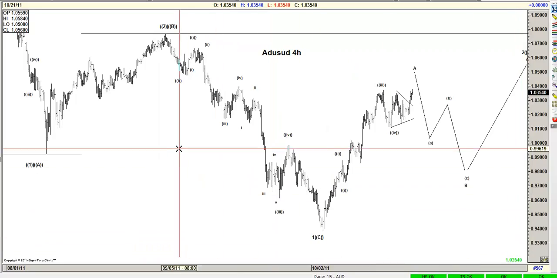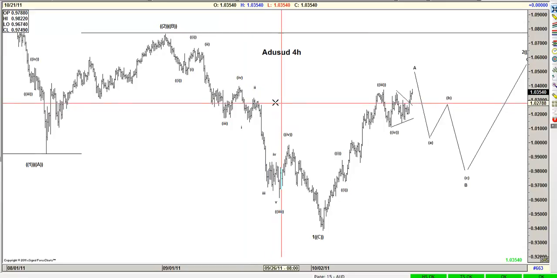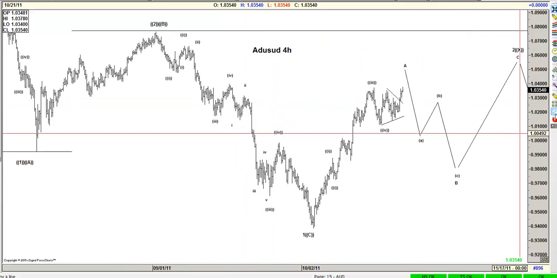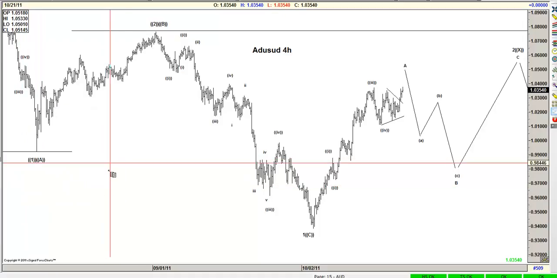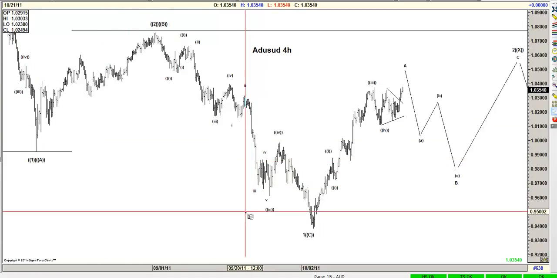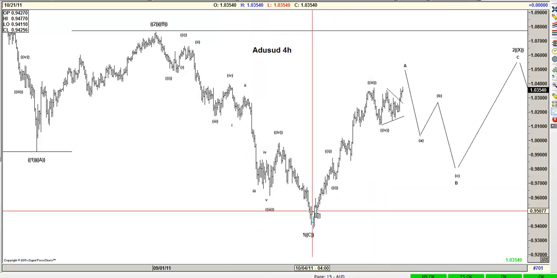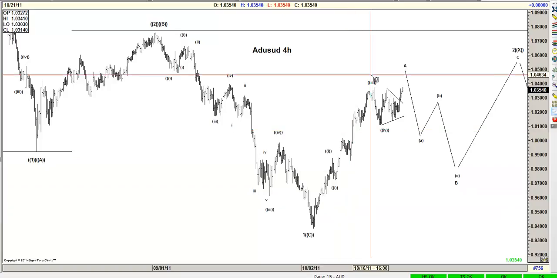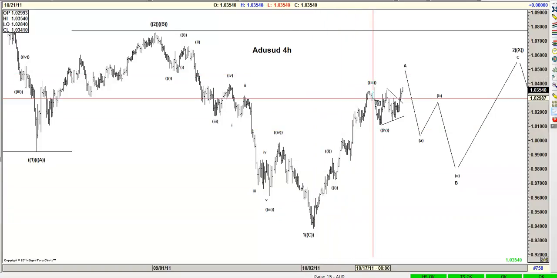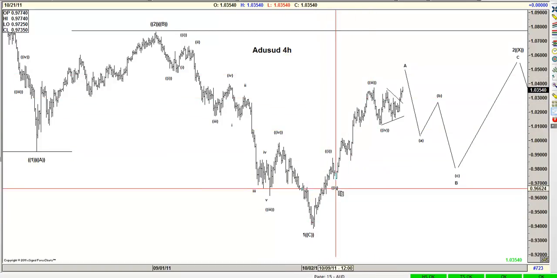On the individual pairs, I'm looking at the most significant move over the whole last week. We got an announcement. What happened in the announcement is that we mentioned like 2 weeks ago, or a week ago, that all we got in the metals is a 3-way higher. In other words, 1, 2, 3.